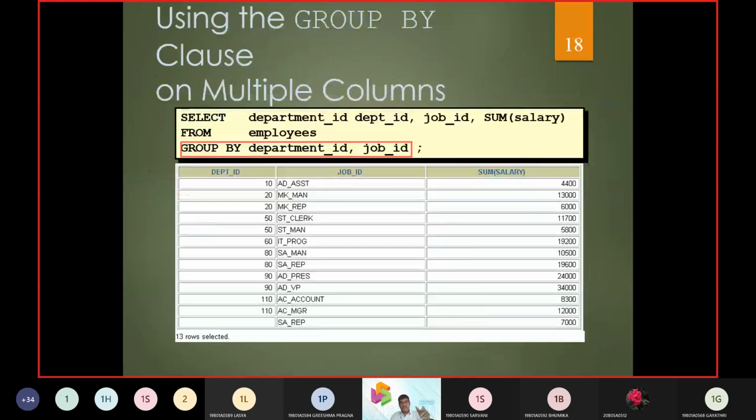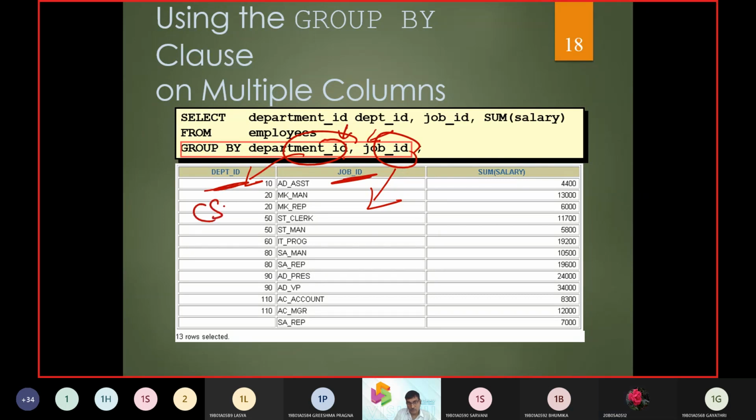Okay. If such is the case, then how can I draw up a SQL query? The simple way of drawing up an SQL query, as you can see, is that first you make one condition, then you make another condition. What is the first group name? The first group name was department ID. What was the second group name? The second group name was job ID.